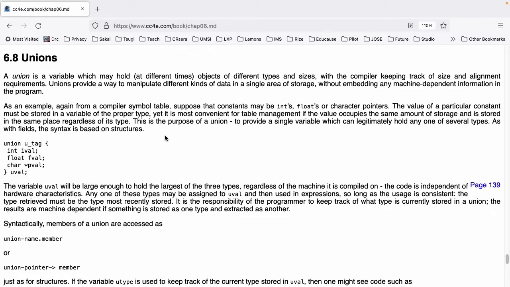Yet it is most convenient for table management if the value occupies the same amount of storage and is stored in the same place, regardless of its type. This is the purpose of a union, to provide a single variable which can legitimately hold one of several types. As with fields, the syntax is based on structures. union utag { int ival; float fval; char *pval; } uval;